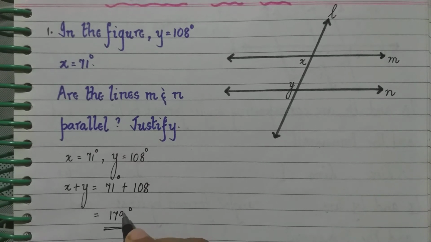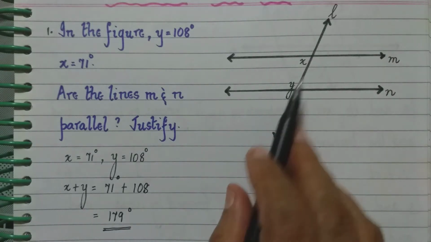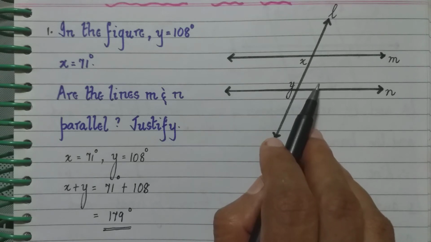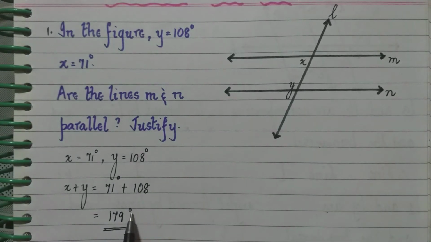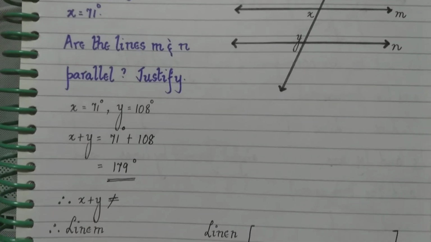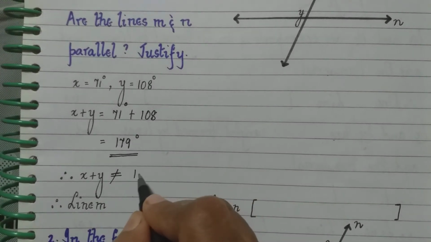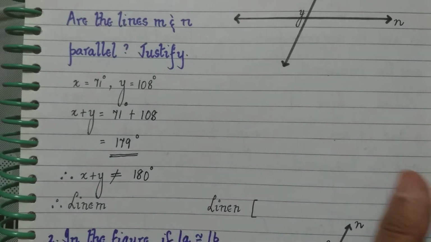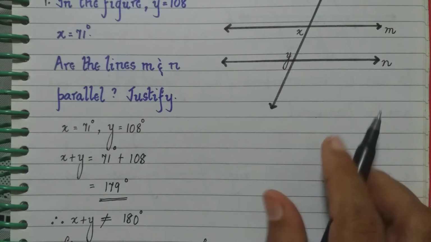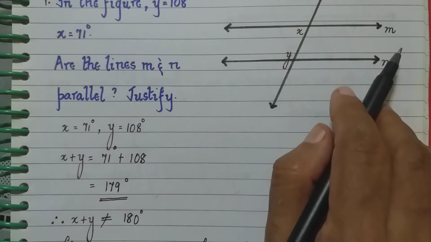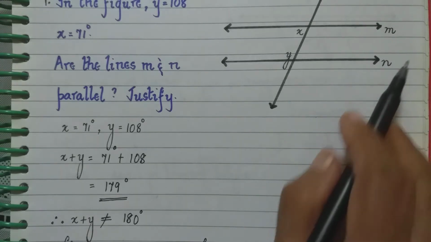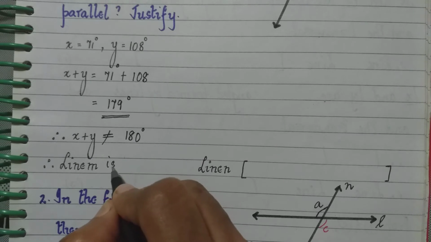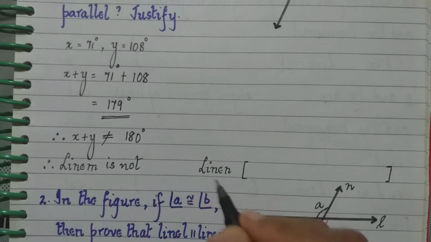So 179 degrees. That means the sum of the interior angles on the same side of the transversal is not supplementary, because it is only 179 degrees. Therefore, x plus y is not equal to 180 degrees, and if it is not equal to 180 degrees, then we can say that these two lines are not parallel to each other. What are the names of the lines here? Line M and line N. So we write line M is not parallel